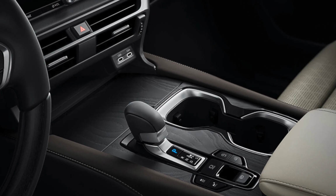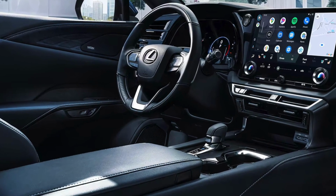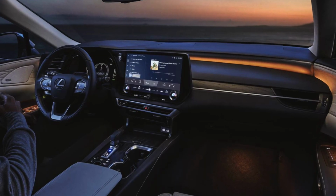I noticed that even with the 2023 model, it's still very cluttered with buttons and knobs, and definitely there are a lot of weird things going on in the interior, like a CD player in 2023. I have no idea why that would be the case, but if you guys can disregard everything in the center stack, there is so much premium quality in this vehicle. It's very beautiful and premium,